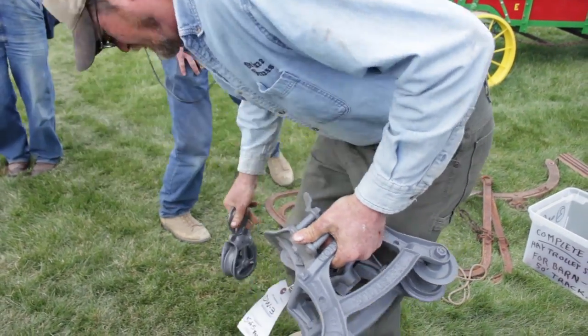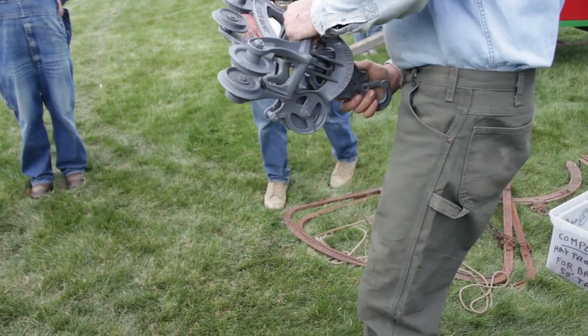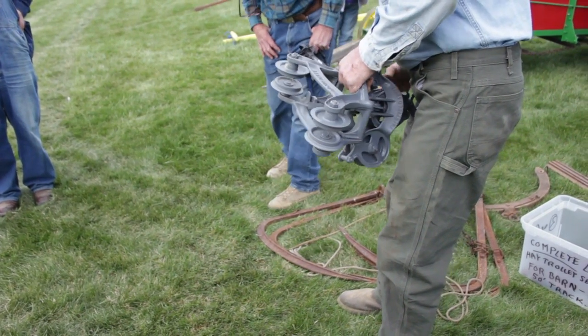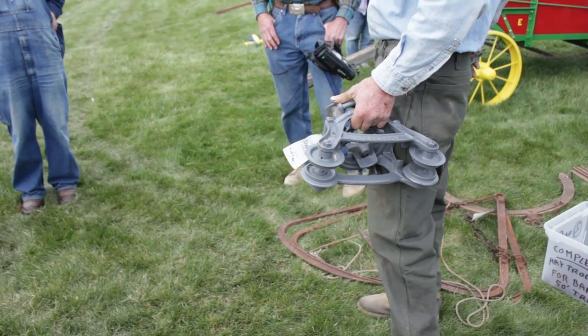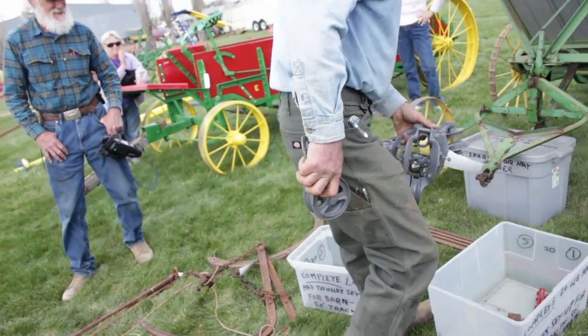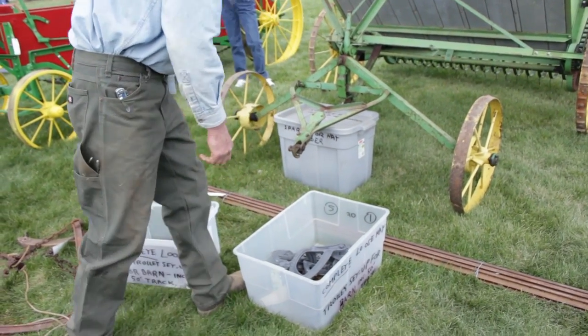And then when it comes back, you have to manually pull this all back to the end of the barn. And then when it gets to the lock, it trips the mechanism and lets the block go loose, and the block comes rolling back down to the bank. It was quite an interesting